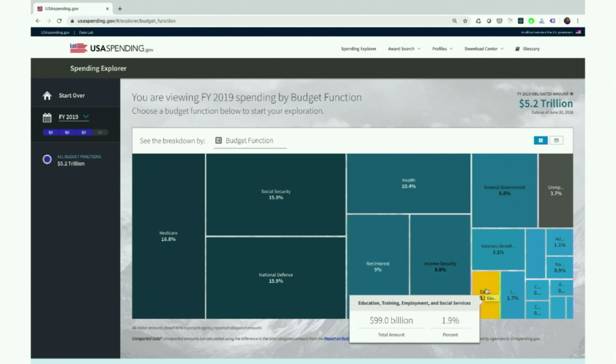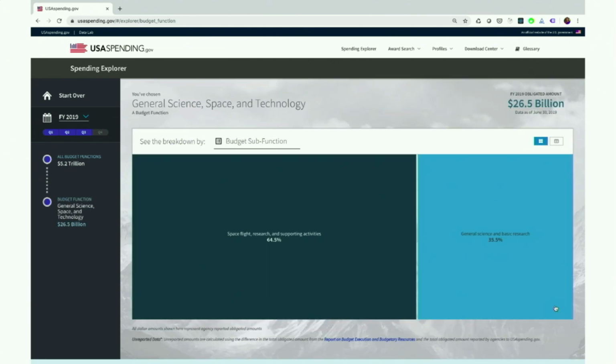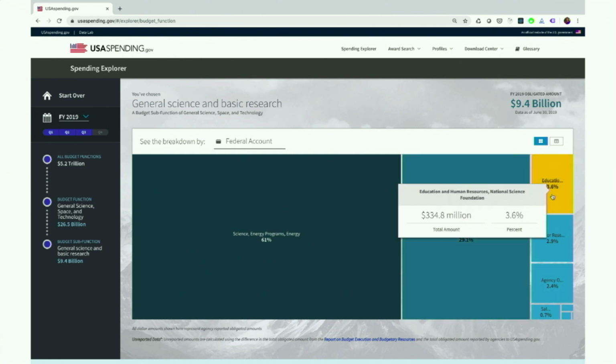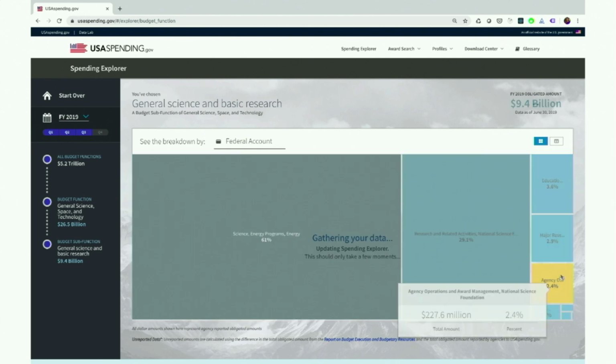I can find one for space, science, and technology, and click through to see a breakdown by budget subfunction, which is a smaller category, and click through again. And then we'll be able to see all the federal accounts. And clicking on one of these will also generate a link back to that federal account profile page that we